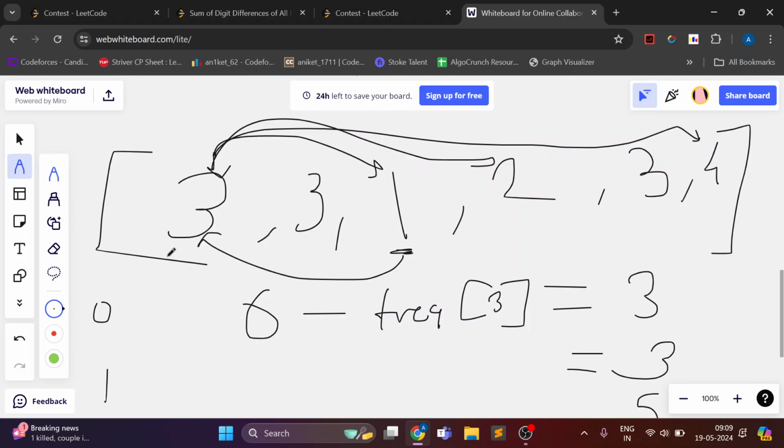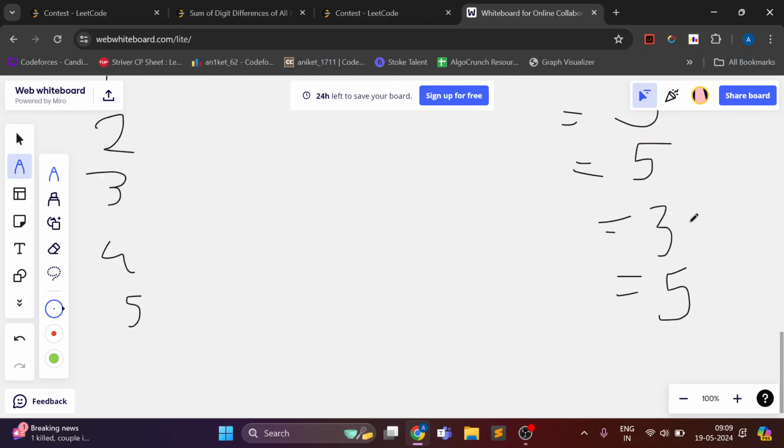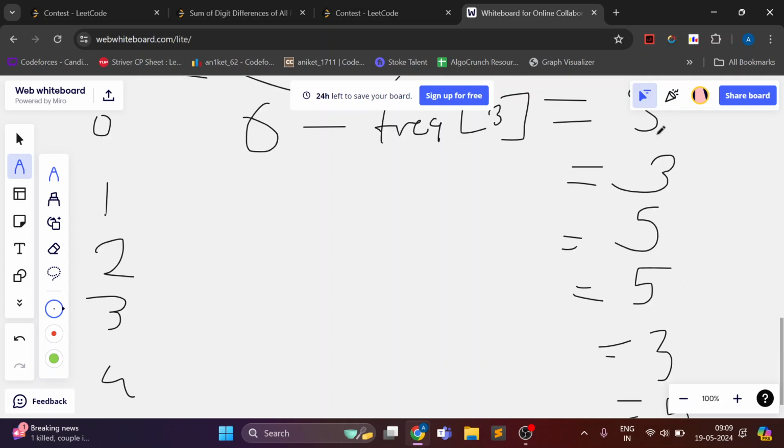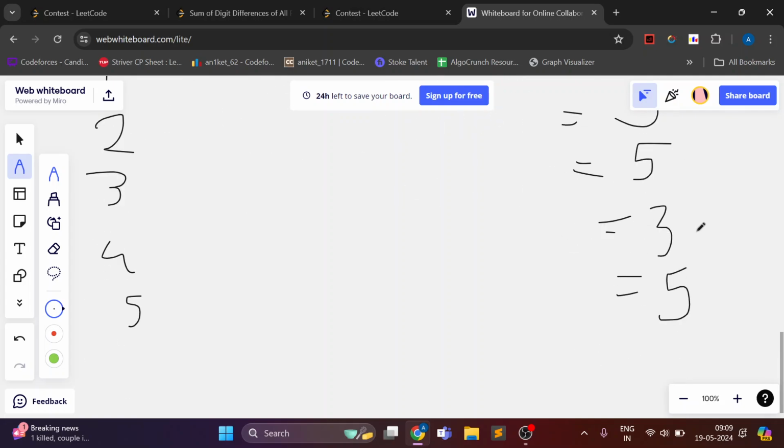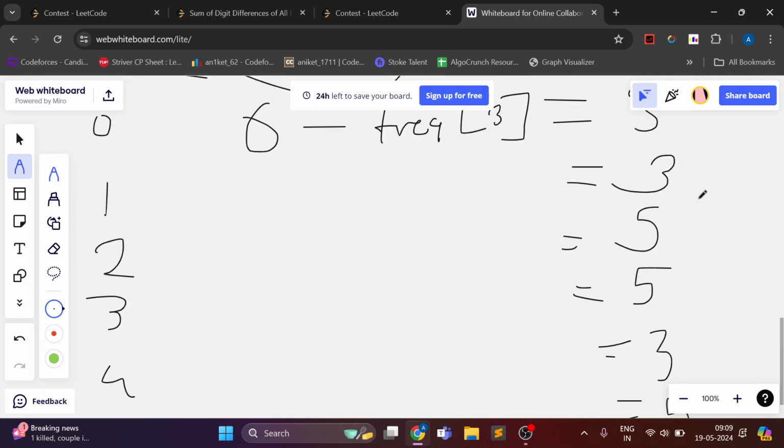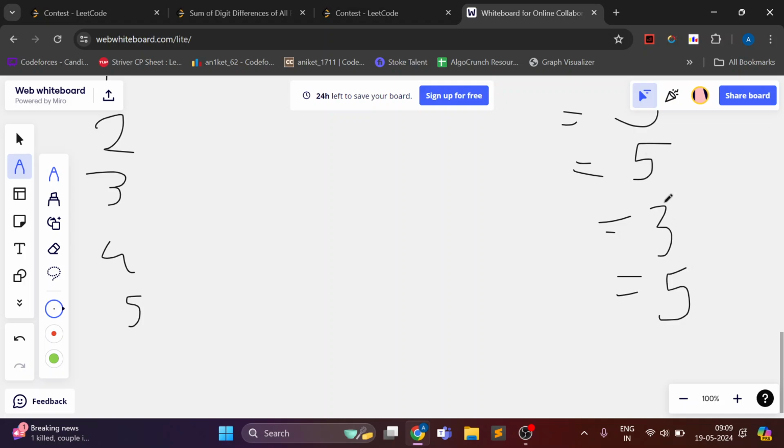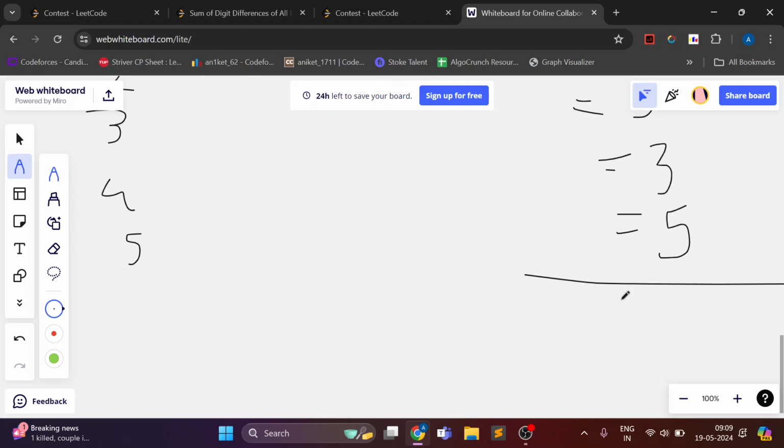So we are calculating it twice. So after this, the total sum we take is 3 plus 3 plus 3 is 9, and 9 plus 15 is 24, and 24 by 2, 12, is the answer for this type of